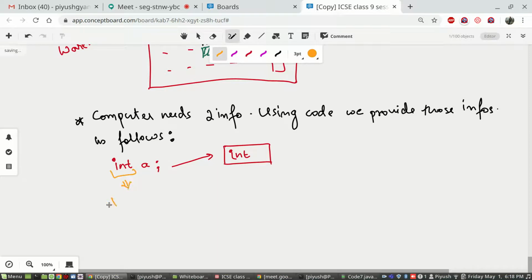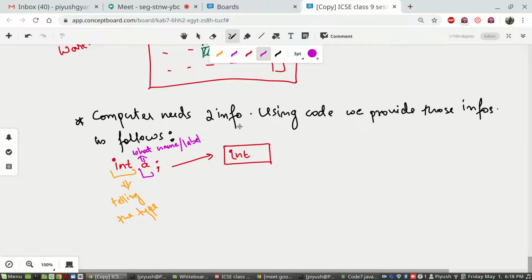You are telling the type, what type of value, and here you are informing the computer what name you are going to give, or label.